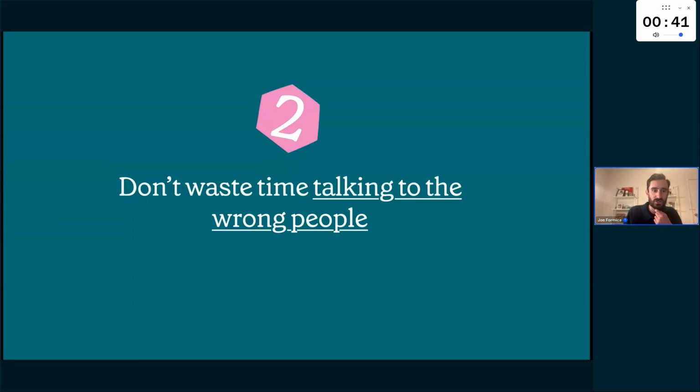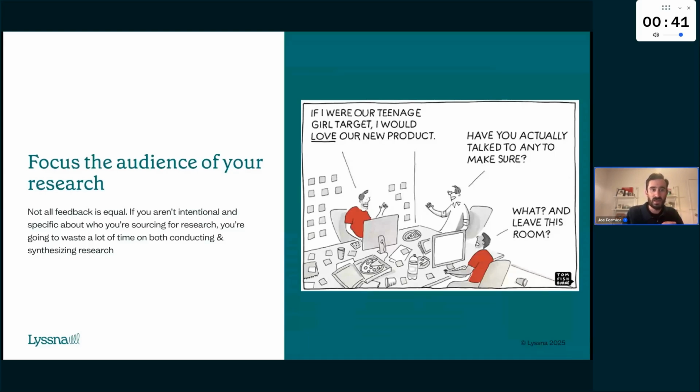Who you choose as research participants obviously impacts the efficiency and the effectiveness of your research. So this section is all about the strategies and the impact of choosing the right participants for your study. So not all feedback is equal. And that's not saying, in a disrespectful way, that we're not considering someone's feedback. But when you're diving deeper into the needs and behavior and looking to learn about specific experiences,